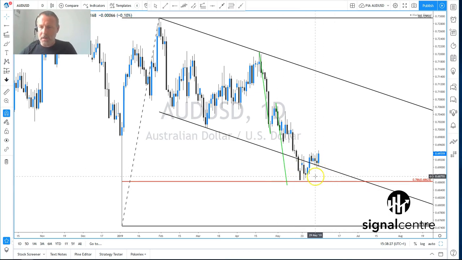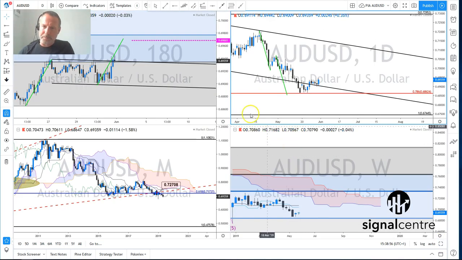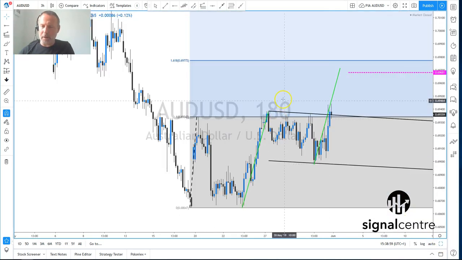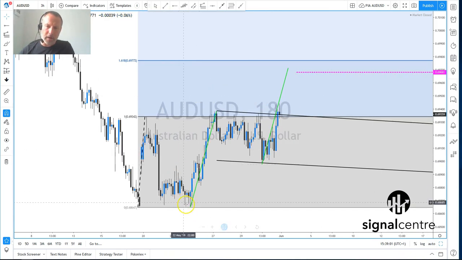We have seen stalling close to the 78.6% Fibonacci level. That's at 68.62. We posted a bullish outside day on the 23rd of May, but we've really seen little in the way of follow-through selling. Long term, and we're talking weeks and months, not intraday, the long-term target for Aussie dollar is around 72.65, but the short term, and an area I'm going to be wary of next week, we look to have